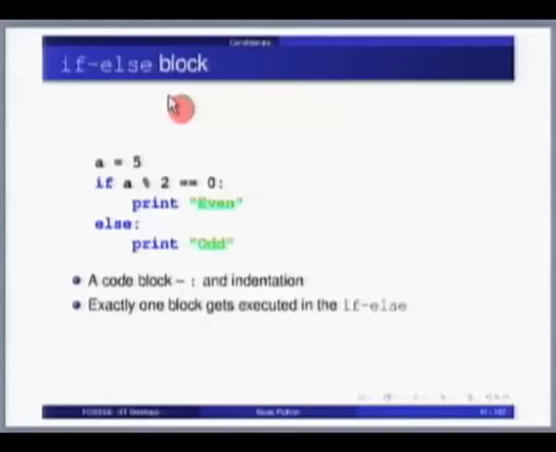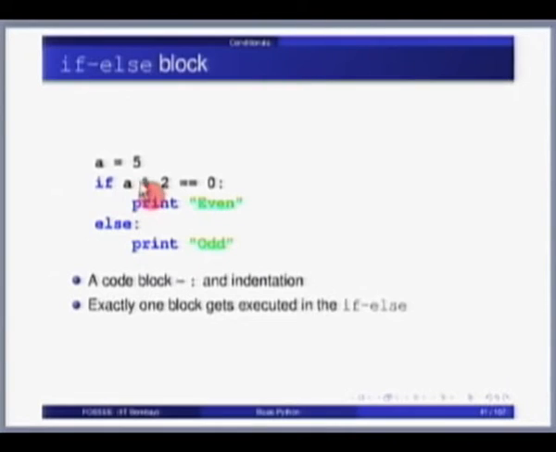It is not fixed in time, so a can be an integer now, a little while later it can be a string. It is up to you. So you as a programmer have to be careful about how you write it and how you make sure that you don't confuse yourself and other people who read your code. But getting back to this if code, a is equal to 5, simply a variable declaration to an integer.